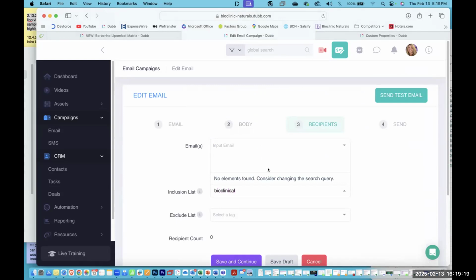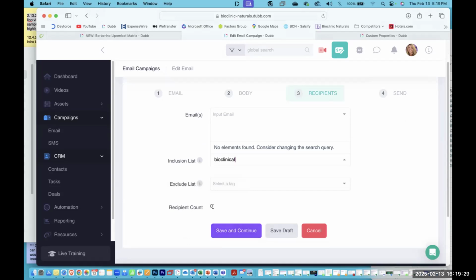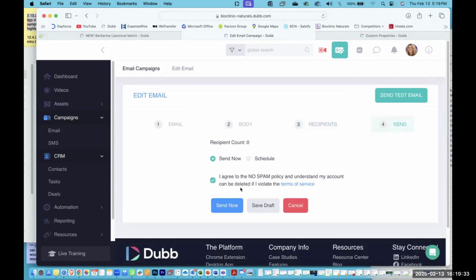This list that you have, let's say you name them as bioclinical contact tags. So you just need to find it here in the inclusion list, and then you will see how many counts. And then when you click save and continue, you can send it now or schedule it at a later time